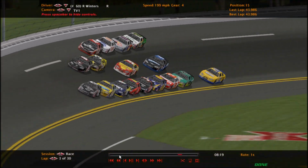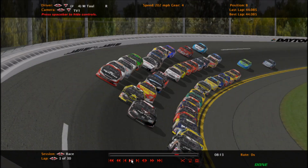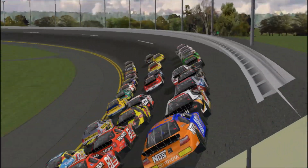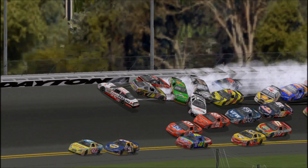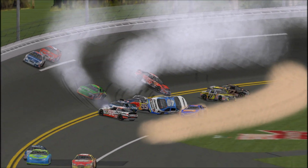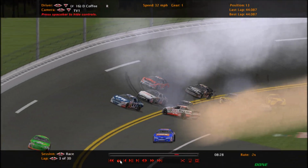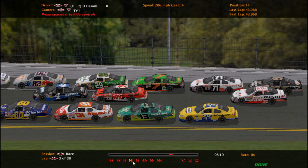Oh, okay, so it was the 7 of Cynthia Bright and the 16 of Danny Coffey. Your outside pole sitter in the 16. And the 3M Ford goes head on into the wall here. Okay, looks like... God, what a hit, man. Oh, the 92. Goodness. I see a lot of cars that are going to be for really quality teams. The 40 going upside down. A lot of quality teams here getting knocked out of this race early with the new rating system. It is...